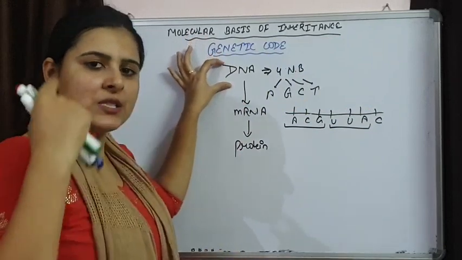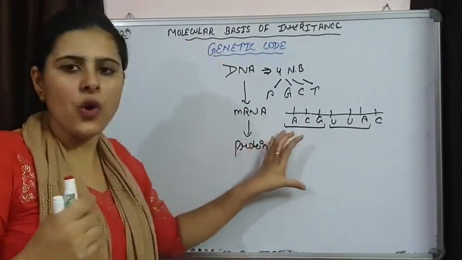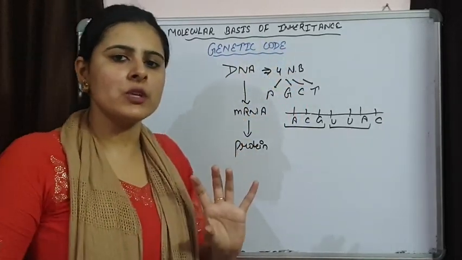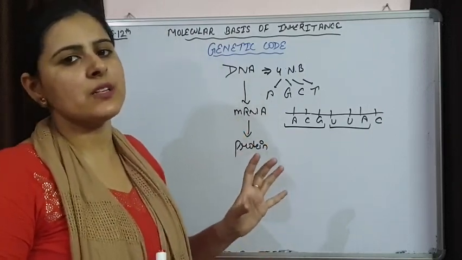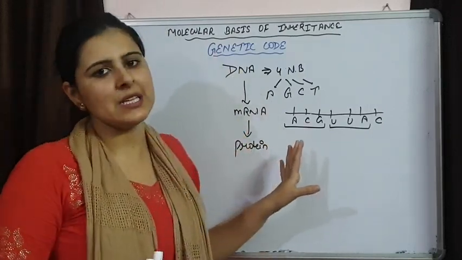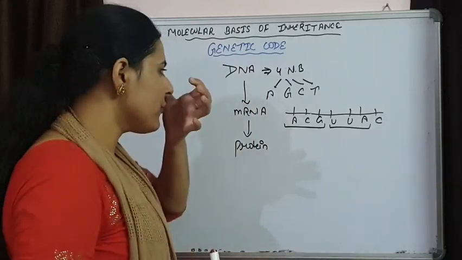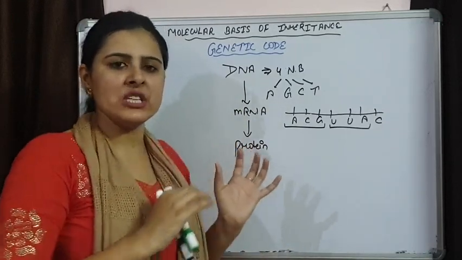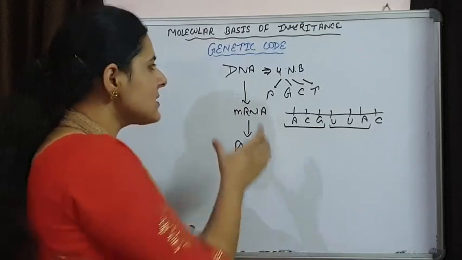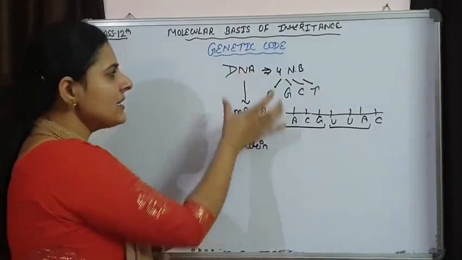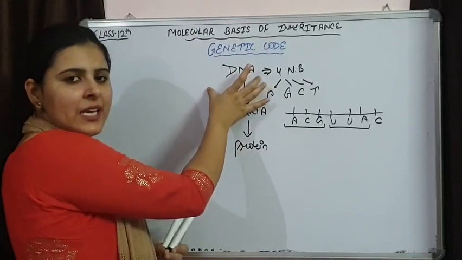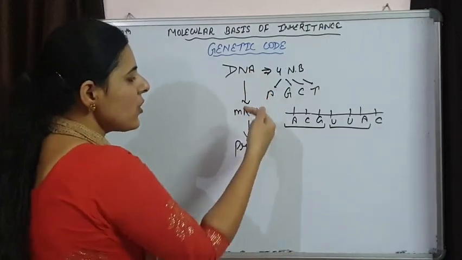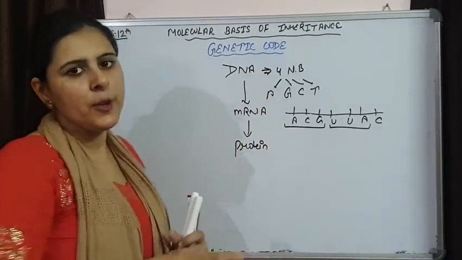And this genetic code is basically for the proper synthesis of protein, because all the genes are going to code for one or more than one protein. So the sequence is basically responsible for the synthesis of various proteins in the cell. And we know different organisms or different cells have their specific proteins. That means they have specific genes for them in the DNA. So this is how the sequence is working. And this genetic code is present in DNA in the form of deoxyribonucleotides, and in a sequence of steps, this is coded in the form of proteins.